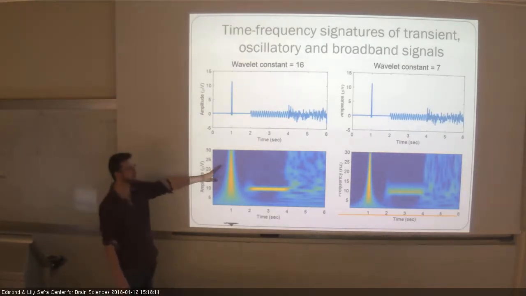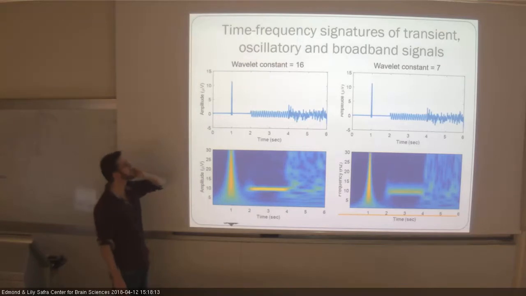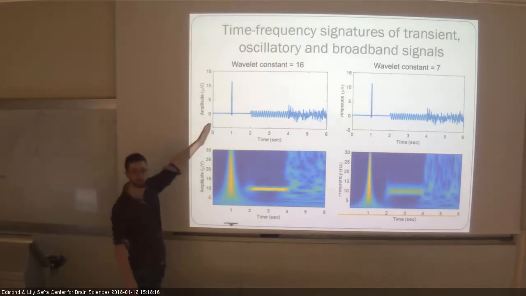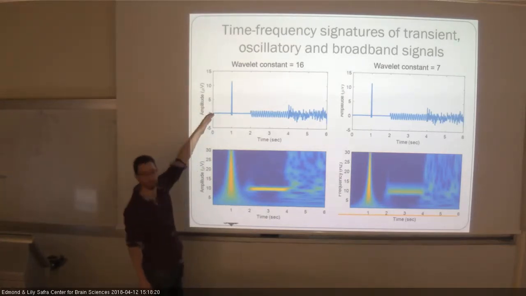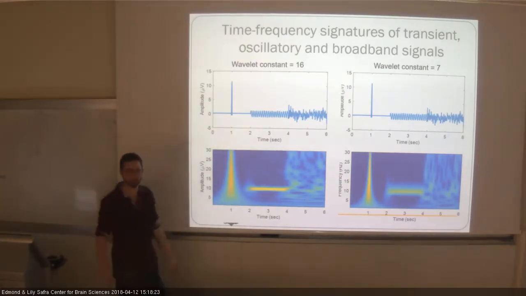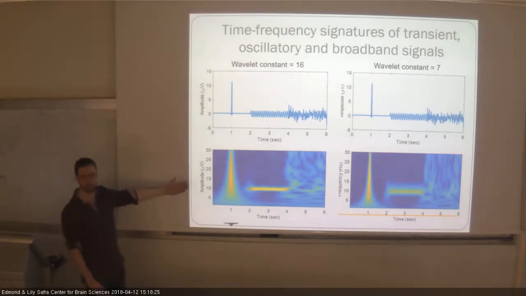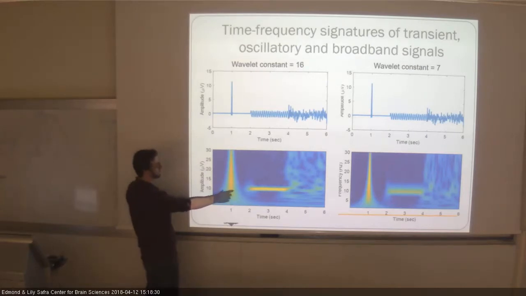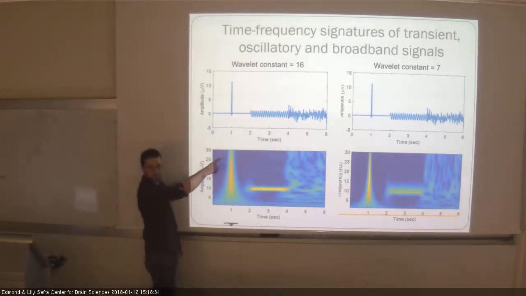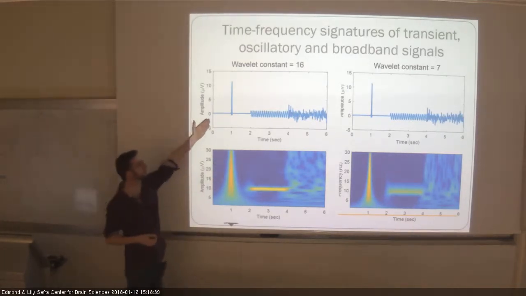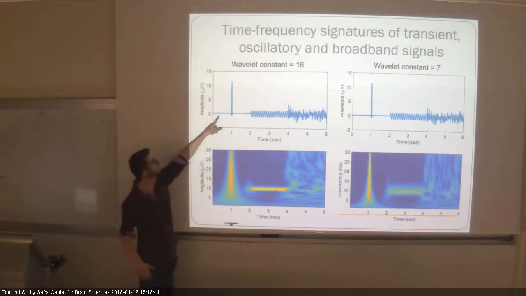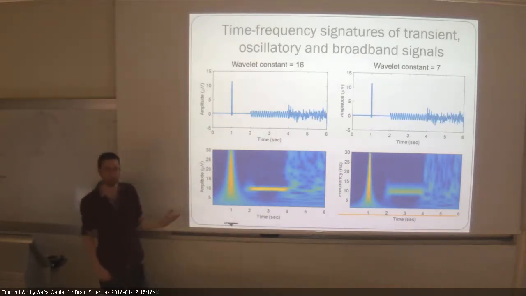So let's take this example of the spike. When you look at the temporal representation, you can see that it's 0 here, and then it becomes 1 or 10 here, and then it becomes 0 here. But when you look at the time frequency representation generated by wavelet analysis, it sort of looks like in the lower frequencies, it starts earlier than in the higher frequencies. Of course it doesn't. Nothing starts earlier. This is what's happening in the signal. There's nothing happening here. But when you look at a time frequency representation,